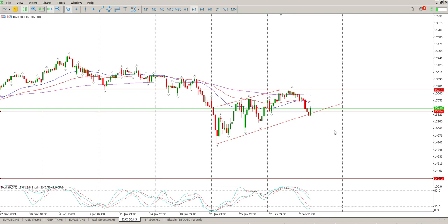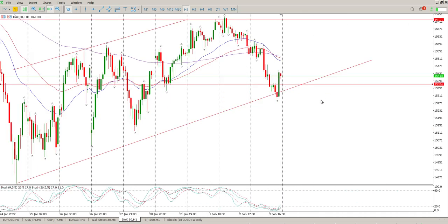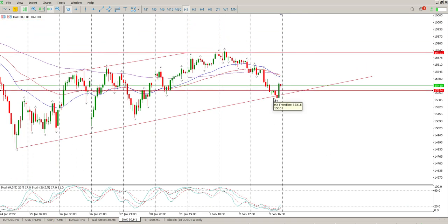Non-farm payrolls today, guys. DAX will follow what the US does when the data comes out, so be careful there. At the moment, not an area to be short down here. There is support here, and your oscillators are all grouped to the downside. So I would be watching in anticipation for a shorting opportunity somewhere around here at 15,500, and then what I would also be doing is